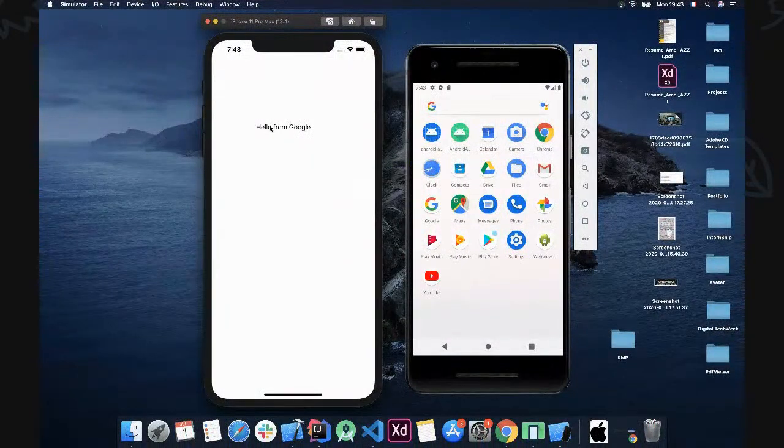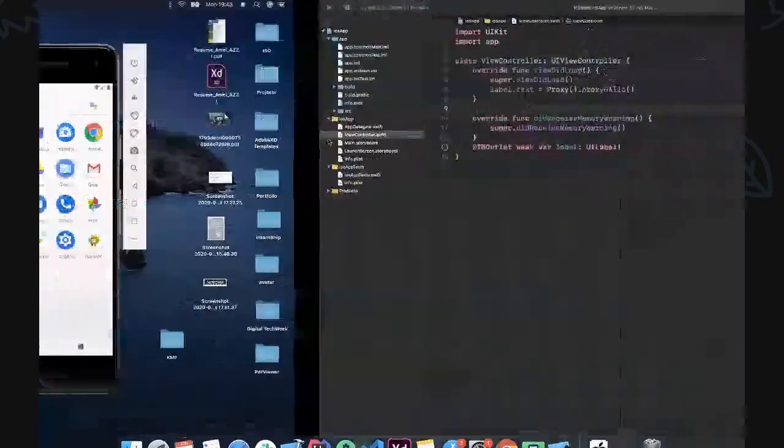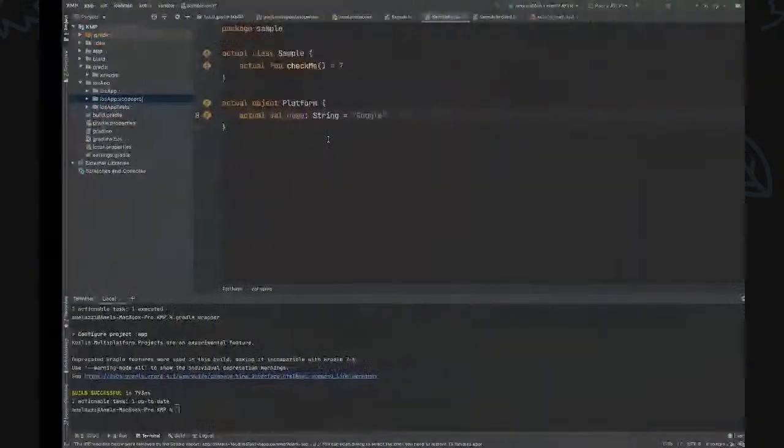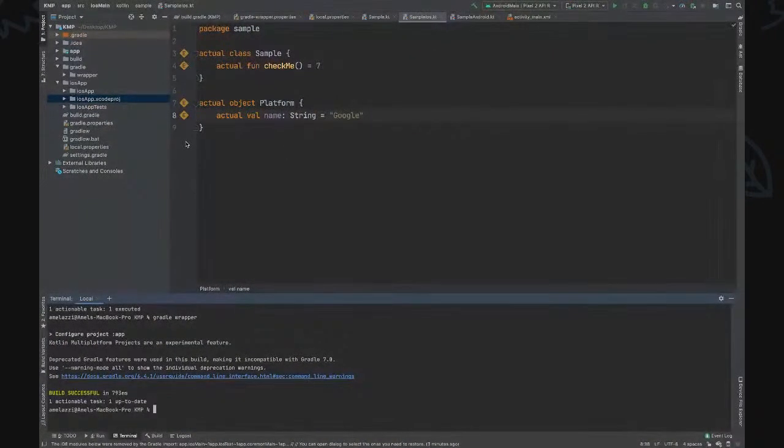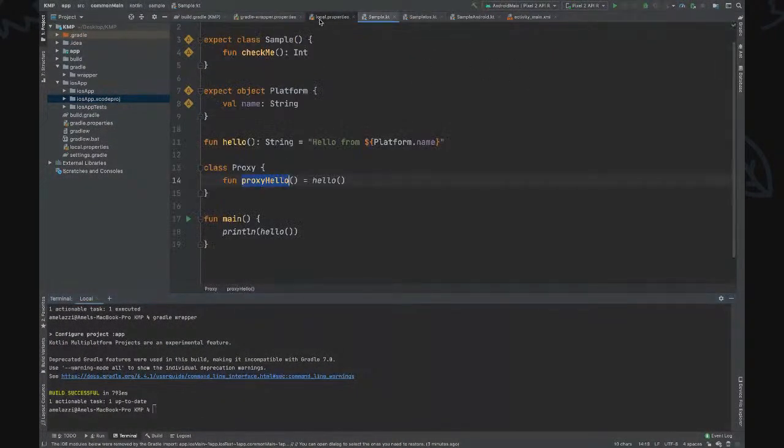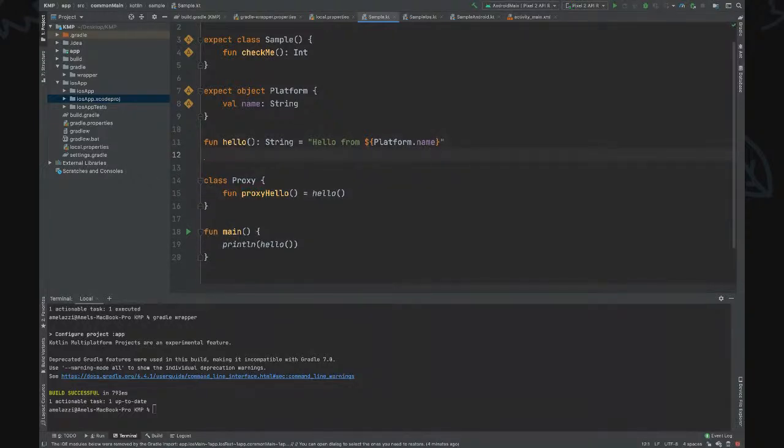Attention. And here we go. Here we have the hello from Google. So if you want, for example, to add another function here, saying, for example, goodbye, a function that says goodbye, which also returns a string, and we'll have goodbye